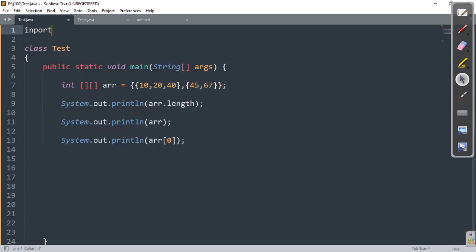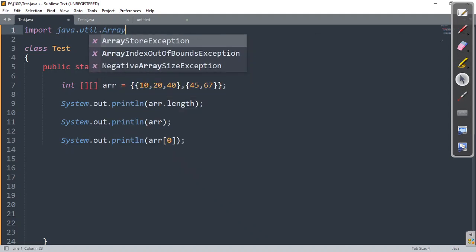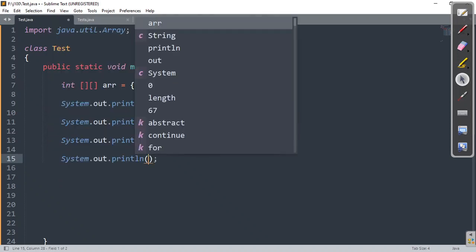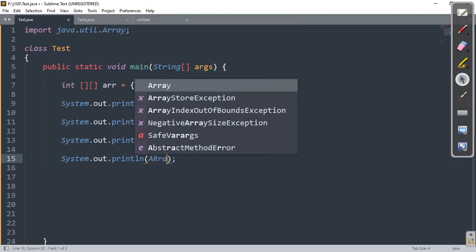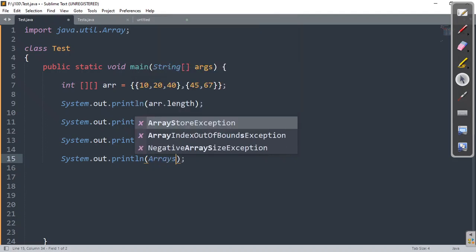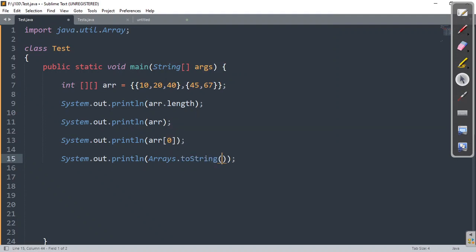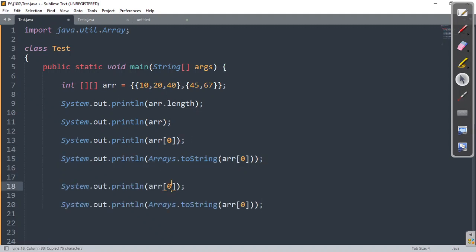So I'll import java.util.Arrays so that I can write the things in one line. System.out.println, I want to print like Arrays.toString of ARR of 0. Similarly, we'll check with the other one also. I'll go with ARR of 1.